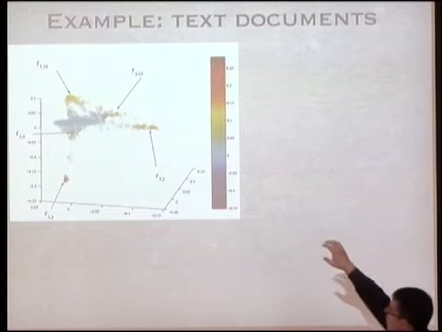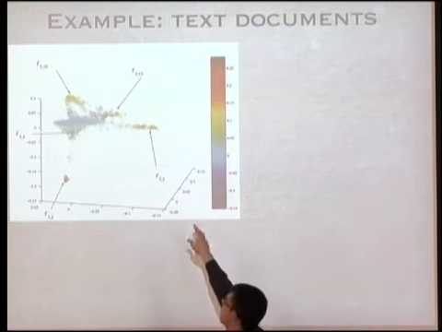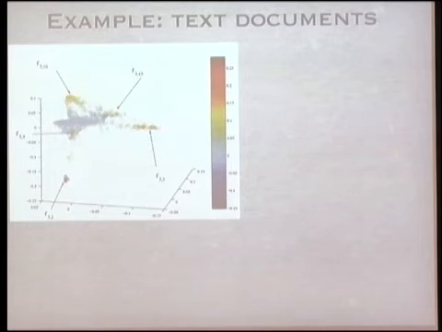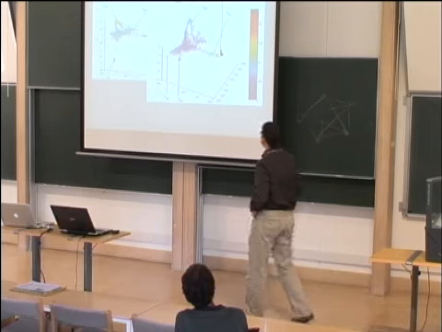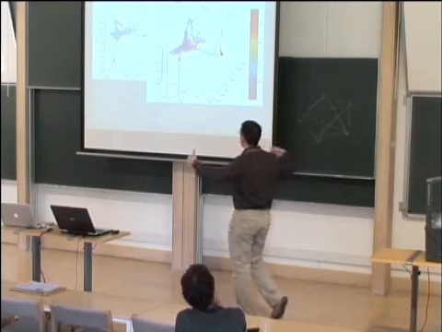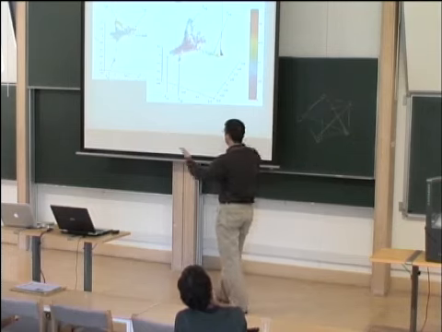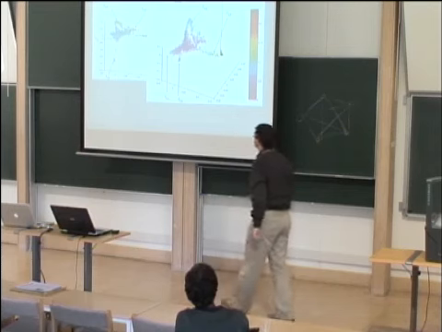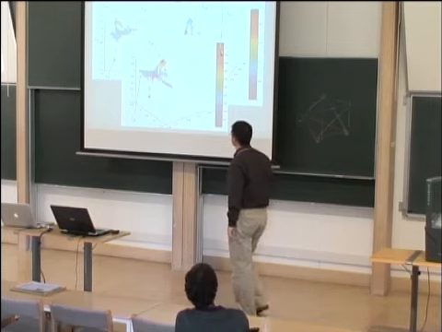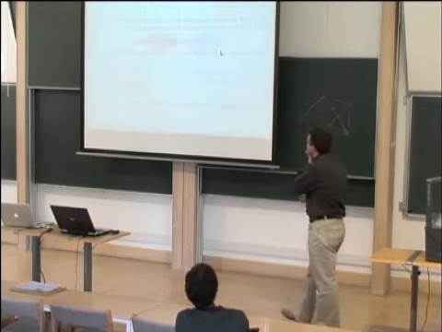And if you go and look at which documents are in the support of, say, F35, you see that these documents are related to each other, as you would expect if this kind of picture made any sense. And then you can look at larger scales, and these functions become wider and wider at different speeds at different locations, depending on the geometry of the graph. And here we go at even larger scale.